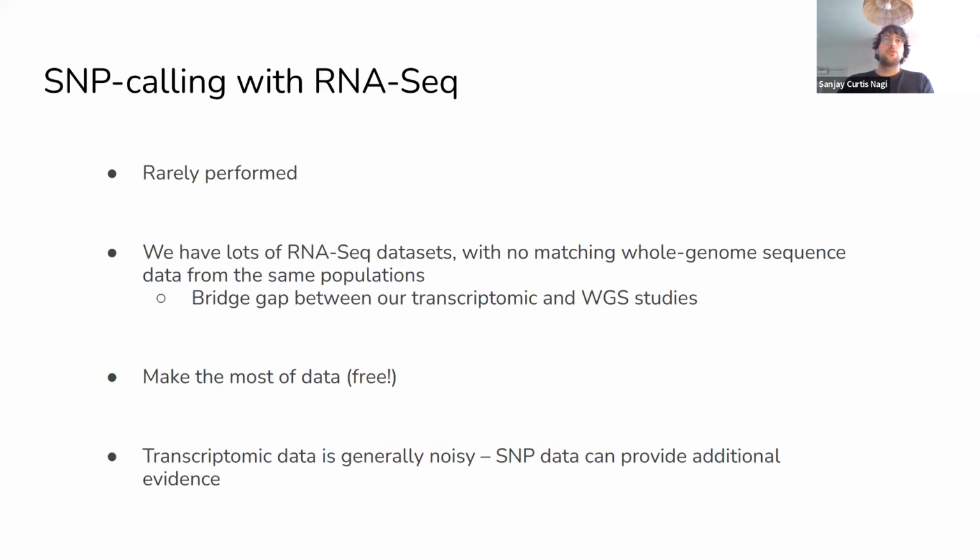So yeah, what I really wanted to focus on with this talk is SNP calling with RNA sequencing, because this is really what makes RNA-Seq-Pop a little bit different to other pipelines that might analyze transcriptomic data. This is something that's quite rarely performed in RNA sequencing data, and there may be good reasons for that, but